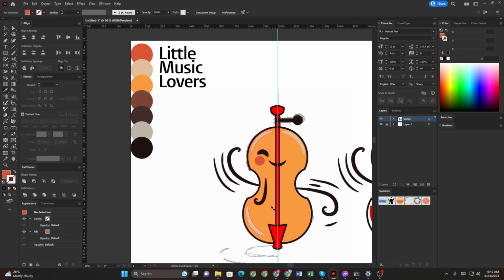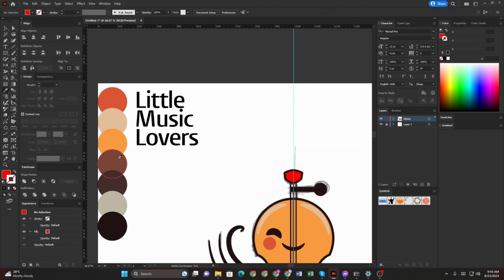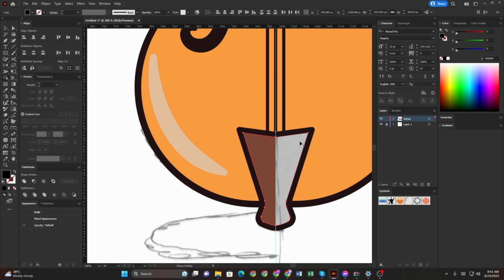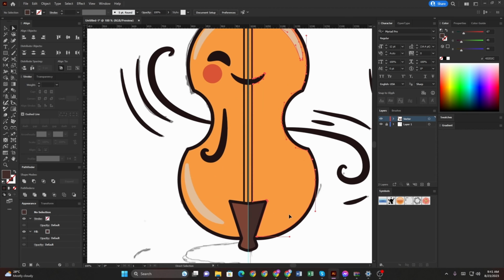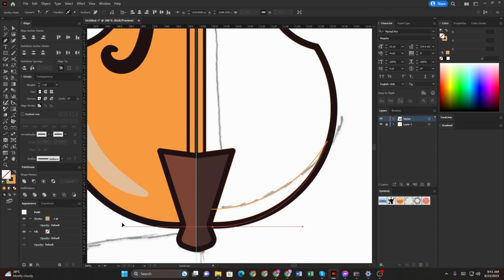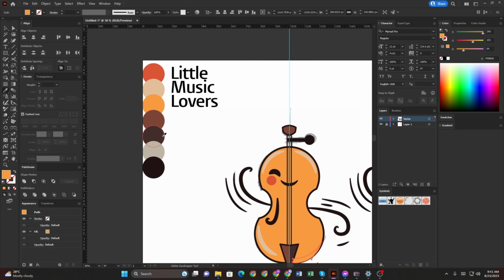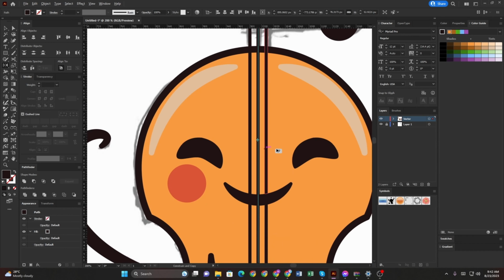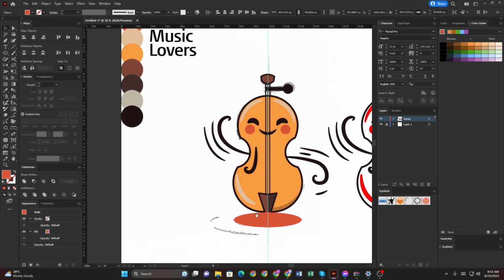Wow, it looks beautiful. Now copy. Now, make a circle shape.